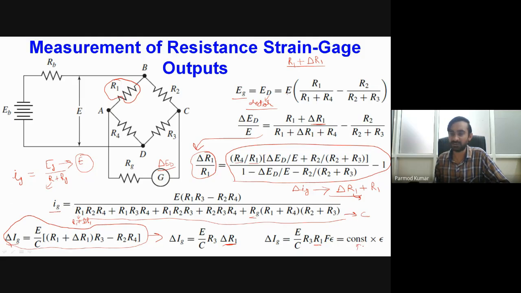That is directly related to the strain, and strain has a direct relation with the pressure. So using this formulation, we can directly relate the pressure with the change in current of the detector. These are the two different strategies used with unbalanced Wheatstone bridges